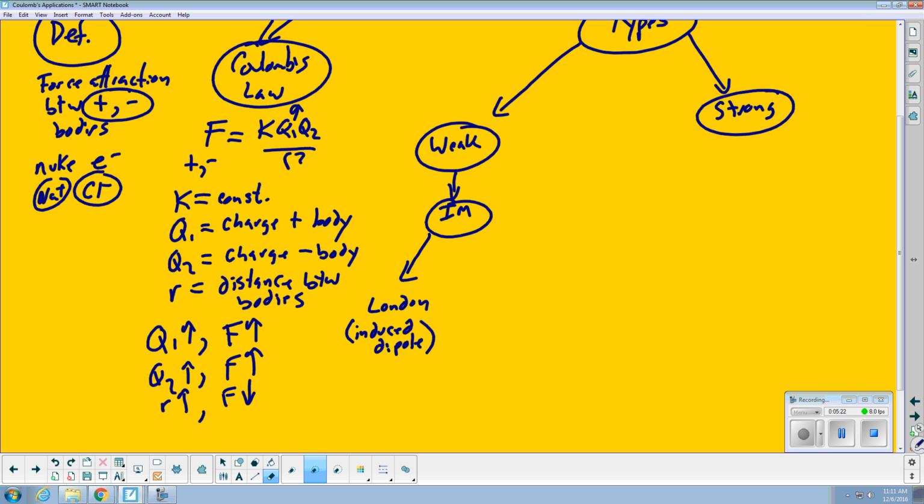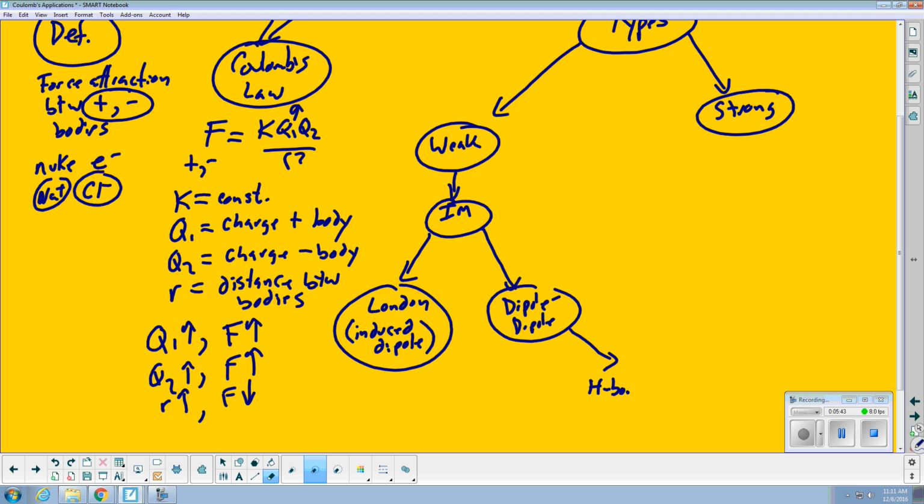So my London forces are weak Coulombic attractions, and my dipole-dipole interactions are weak Coulombic attractions. And then off of that, I consider my hydrogen bonding a subset of my dipole-dipole. It's a special case of dipole-dipole. But all of those are weak